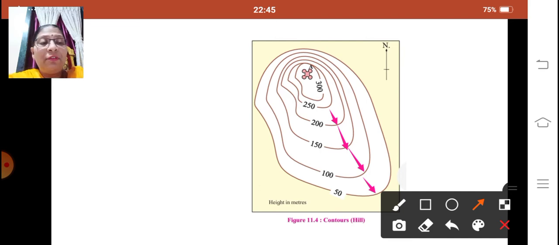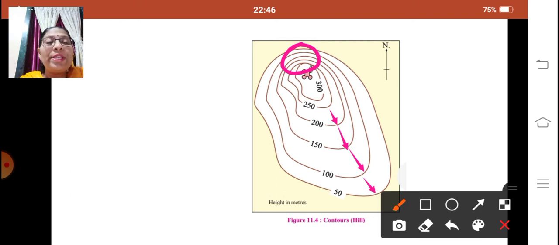Over here the slope will be gentle, whereas over here the distance is close, so you will have a steep slope there. So if the contour lines are closer to each other, the slope is steep, and if the distance between two contour lines is more, then the